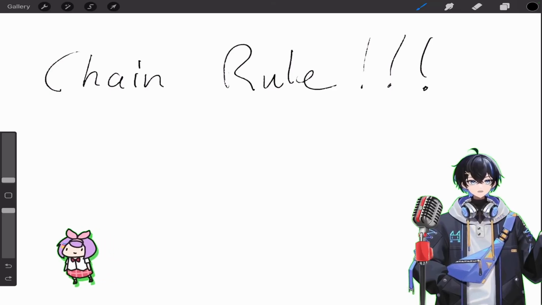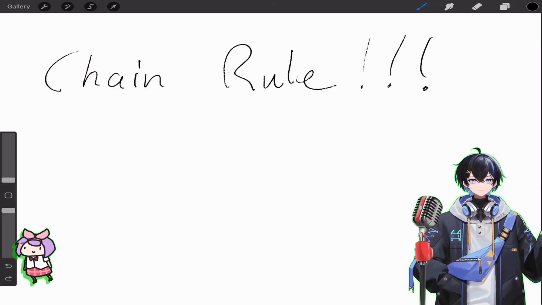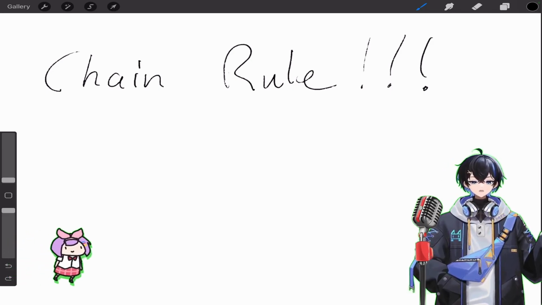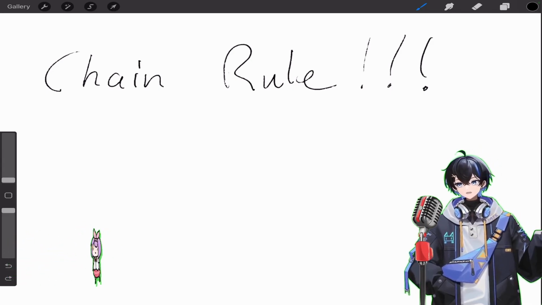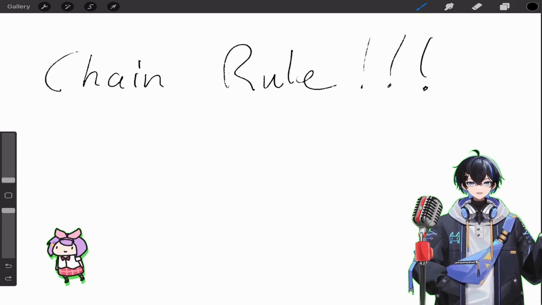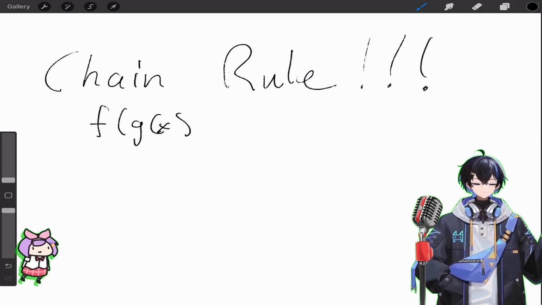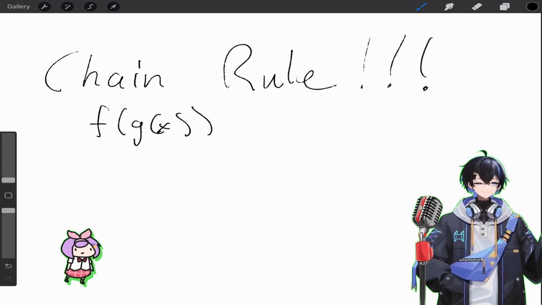So today we'll be learning about the chain rule, which is one of the most core concepts in all of calculus. And it is what you're going to need to use if you need to take the derivative of a function that contains another function inside. So let's say we have f of g of x, which is a compound function,